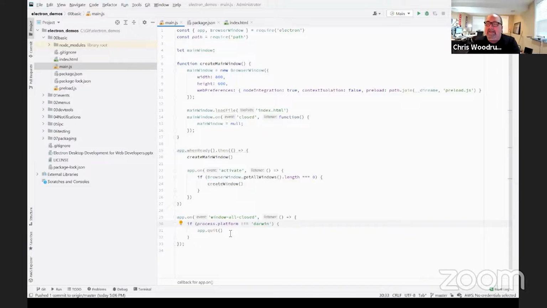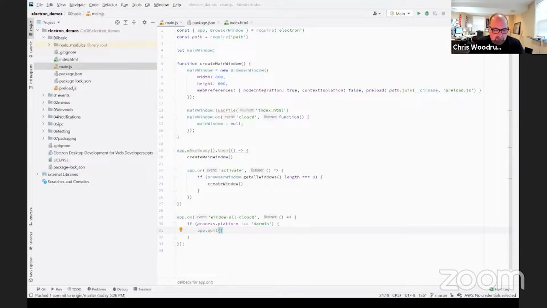In here, if it is running on Mac OS, I actually need to call the quit method for the main process, the app. For Windows and Linux, I don't need to do that. Electron will shut down gracefully for both of those operating systems, but for Mac OS, I actually have to call the quit method explicitly.